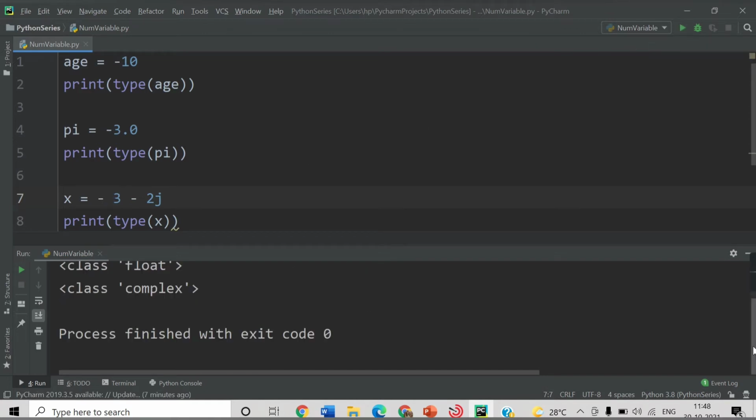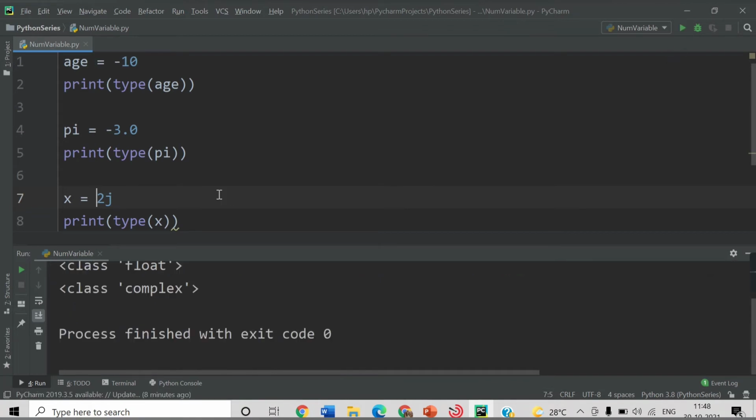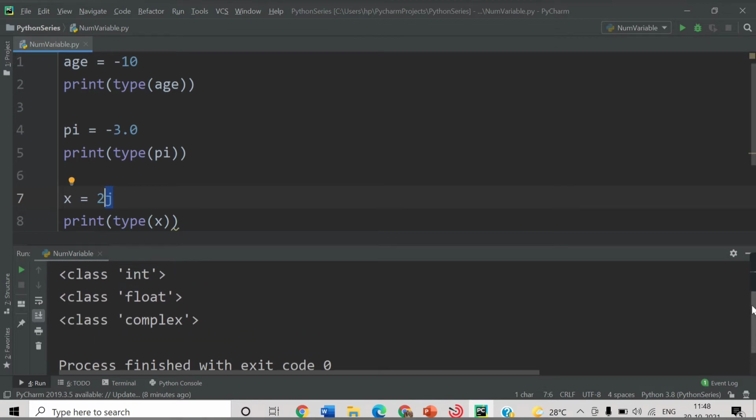So similar result we will get. The first one is of integer type, second one is float, and third one is complex. Also in a complex number, it is not mandatory to have the real number. So if you only provide the imaginary number, in that case also you will get the complex data type, because it contains this imaginary part j1. So this is int, float and complex, but it is mandatory to provide the imaginary number.